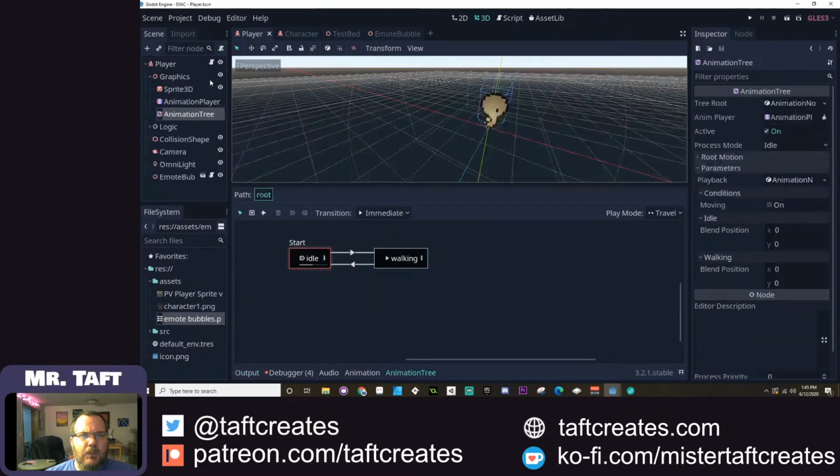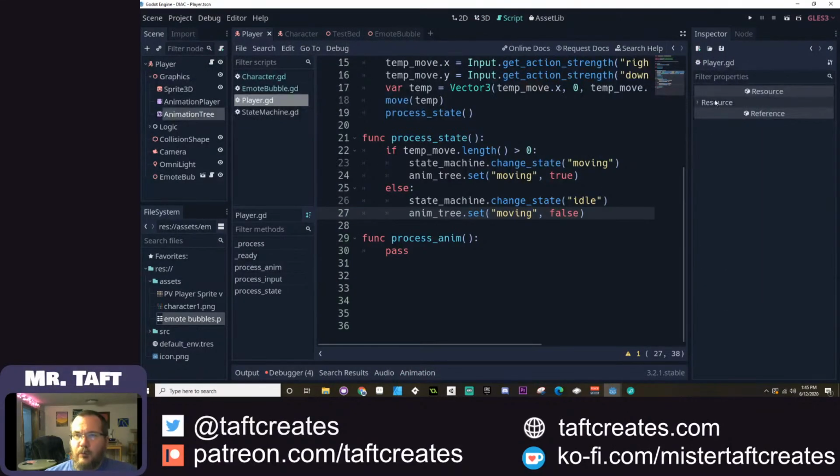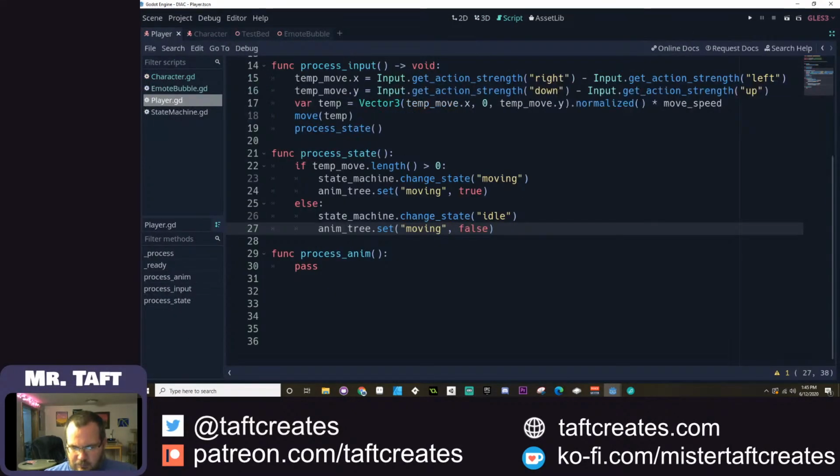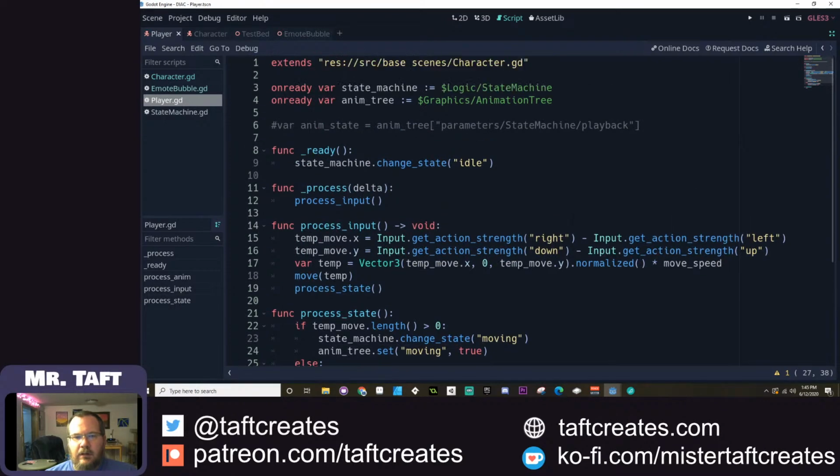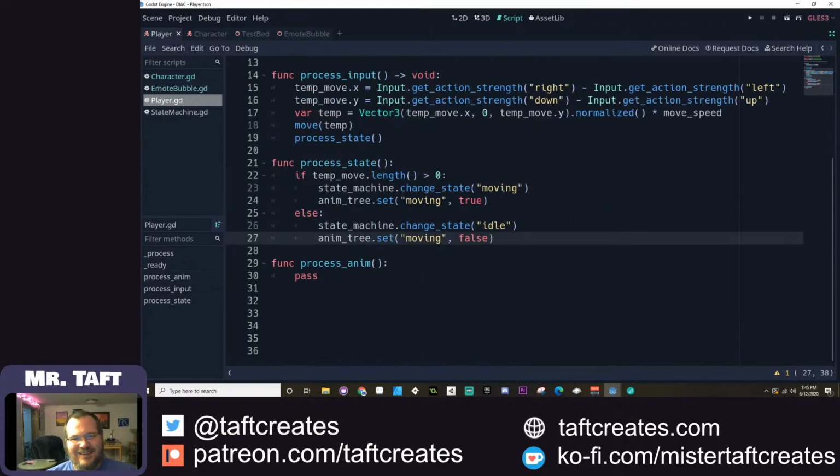Good. So back here, I've almost got it. I know this is not really thrilling content, but I've almost got it now. So set moving true, set moving false. I want to then